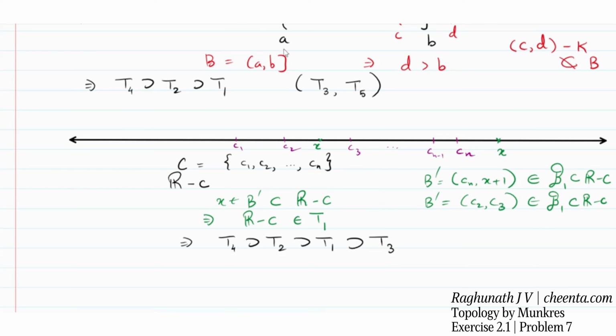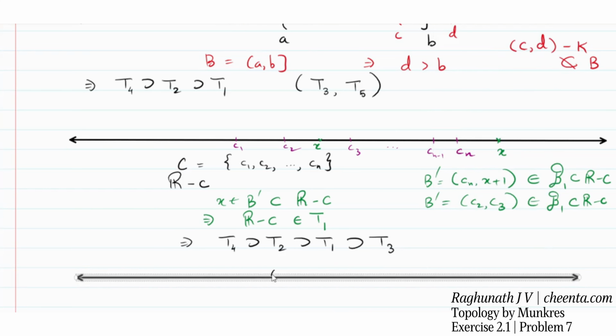That's not possible, because if you consider, let's say, a basis element A to B. If you want an open set in T3 to be entirely contained in A to B and containing some x, suppose, then the complement of that must be finite, right? That's how the finite complement topology is defined. So the complement of that